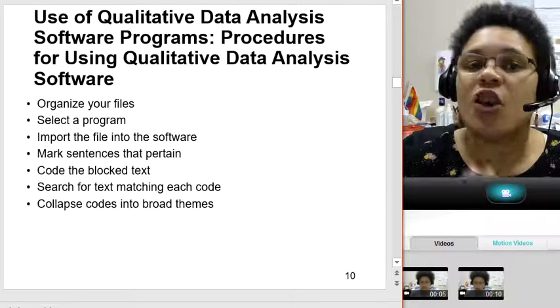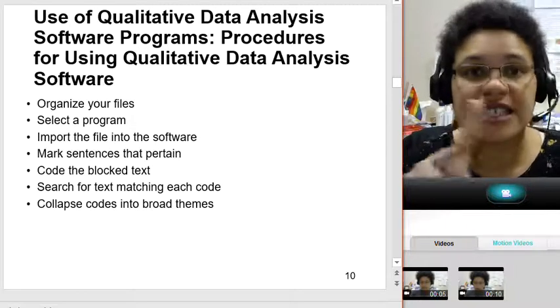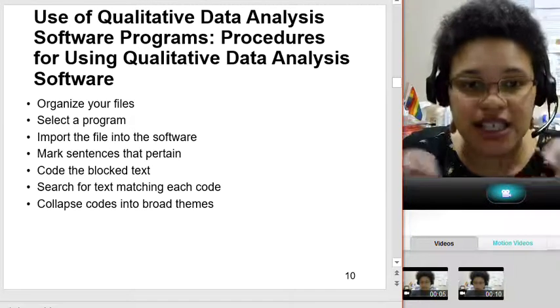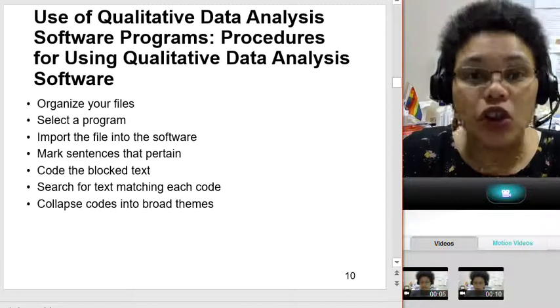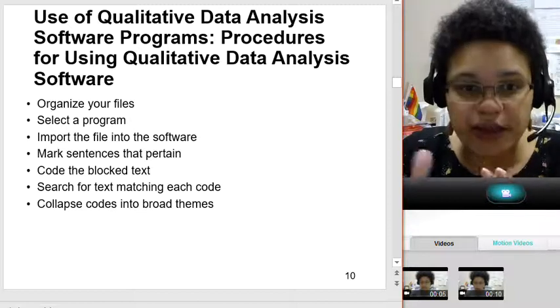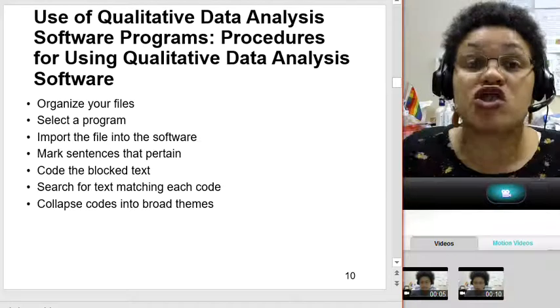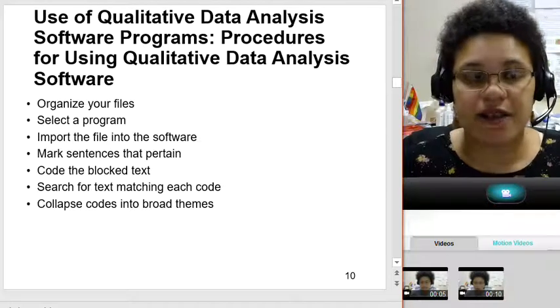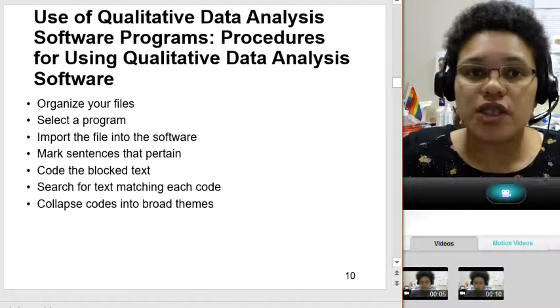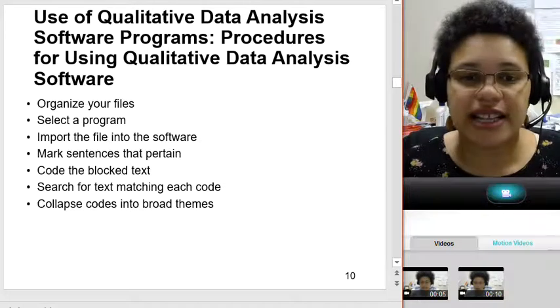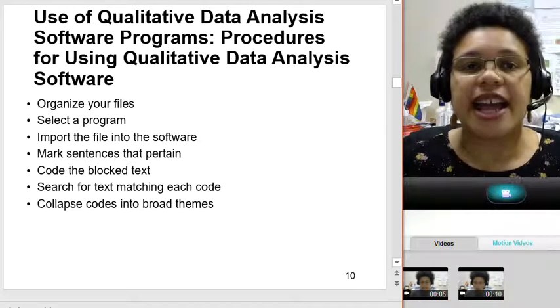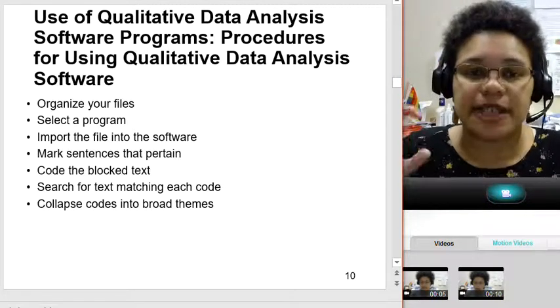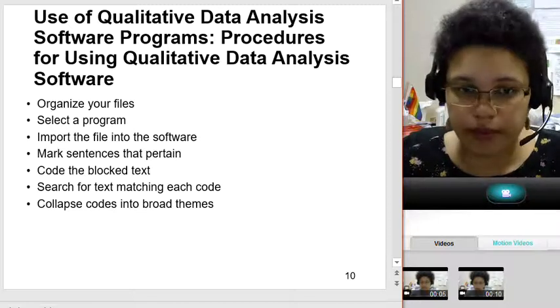There are always ways to mark the sentences or segments or chunks, and then code those chunks or blocks or segments. And then you can also do searches, which makes it easier when you're using data analysis software, and it may facilitate collapsing the codes into broader themes